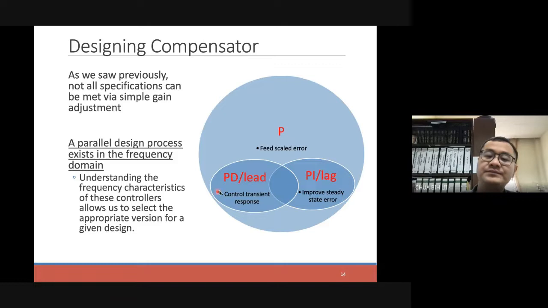Okay, for the transient response, if we increase the gain, and when we increase the so-called differential terms, then the system will respond better as well. Okay, so this is what we intend to do in the compensator design, right? So for a Bode plot itself, what we would do is we will employ some so-called parallel design process. Okay, because we already have a Bode plot which tells us